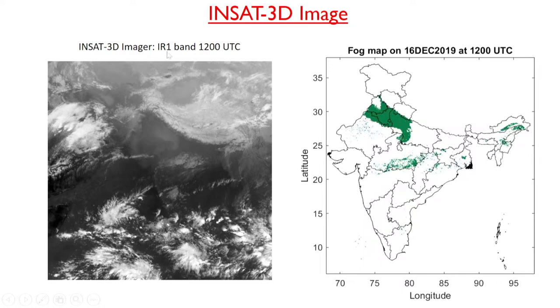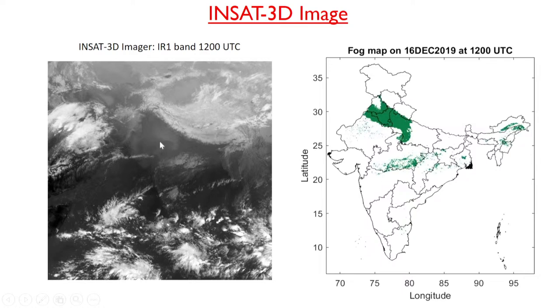Okay, let's see this image. This is the infrared channel. So the infrared channel is basically based on the temperature. So this is all the white part. Low temperature means it is an indication of the clouds, of course. And I'm not sure if you can see here, a very slight land-ocean boundary is there. So this is basically the Indian region, right? And this is the whole mountain region. Himalayas are there. So this is very clearly snow.